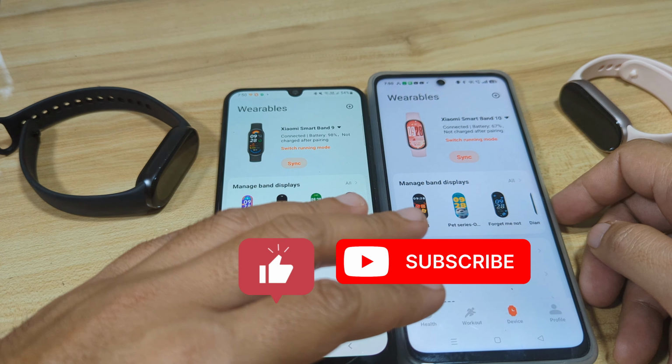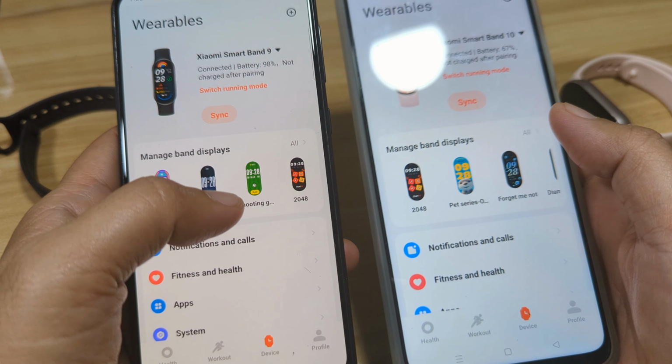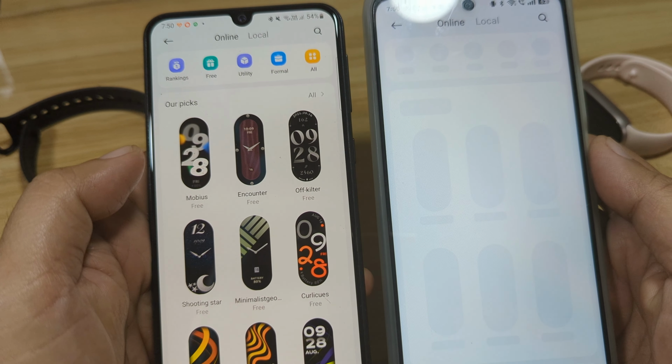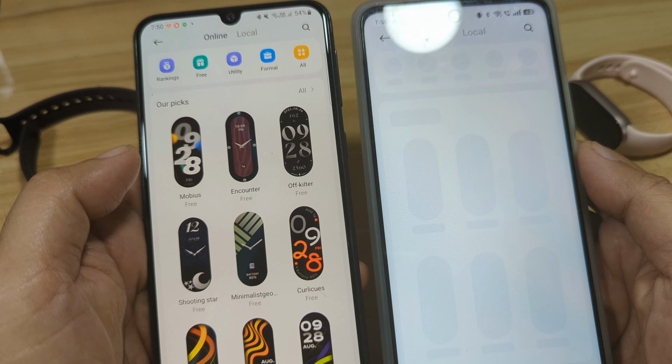So let's begin and compare the band displays. Let's tap on All. When I checked earlier, I think the online collection of watch faces for the 9 and 10 is very different.